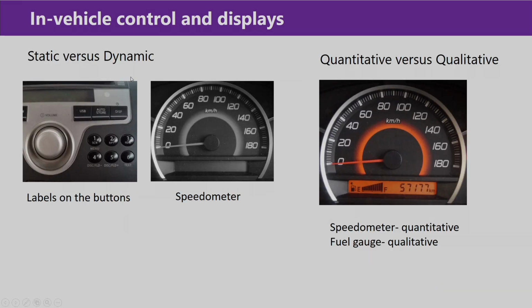Now, if we go for specific types of display, static versus dynamic, what are the characteristics of the static display and what are the characteristics of the dynamic display. In case of static display, the information provided by the display is static. It does not change over time. Different types of written material against the controls act as the labels, that act as the static displays. Here are some examples: written USB, audio, store, display. This type of written information near the buttons comes under static display.